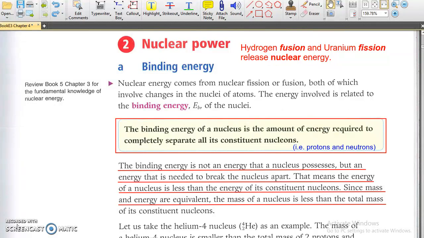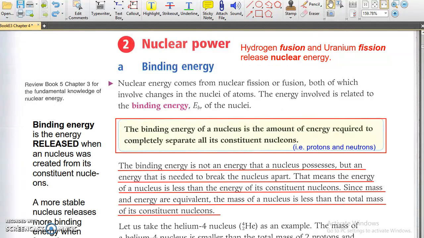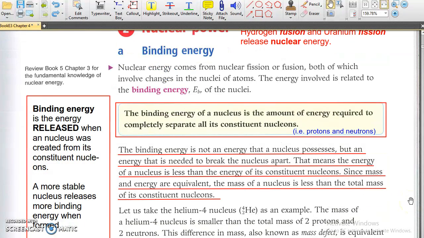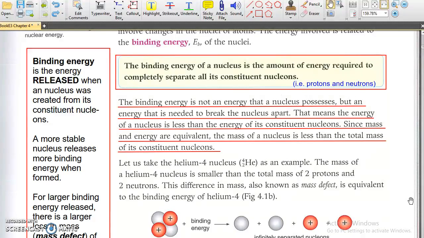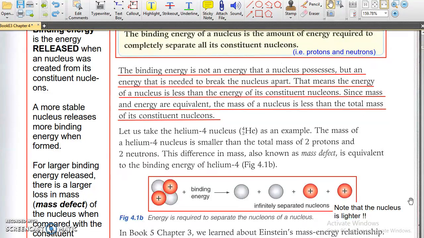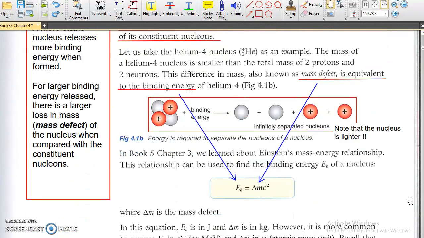A more stable nucleus releases more binding energy per nucleon. On the other hand, to break a nucleus into its constituent nucleons, we have to supply the binding energy it released when it was formed. As energy is released when the nucleus is formed, the mass of a nucleus is smaller than the total mass of its constituent nucleons. The loss is called mass defect, which is the mass equivalence of the binding energy of